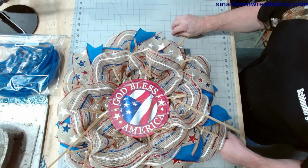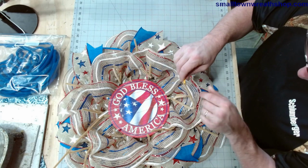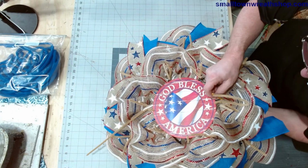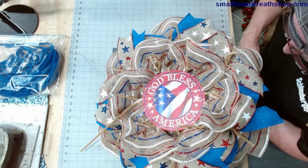Now these, I got plenty. These are long, so I'm not going to have to worry about not having enough chenille stem on that. This one kind of fell. Oh, you missed it. So do the same thing with all 4. Right in, pull it, take it off,